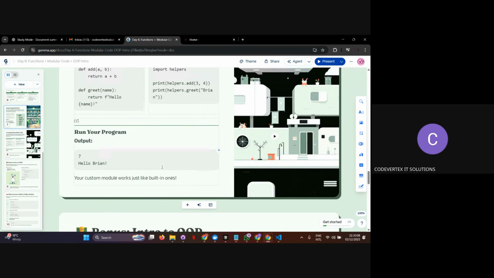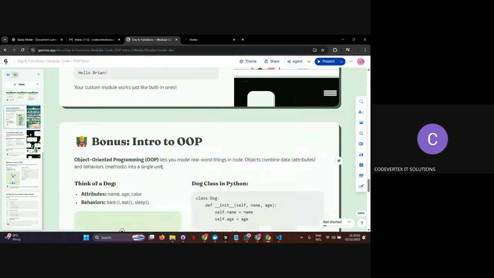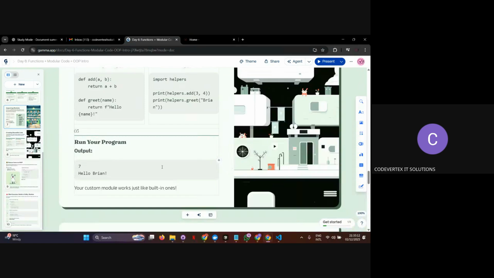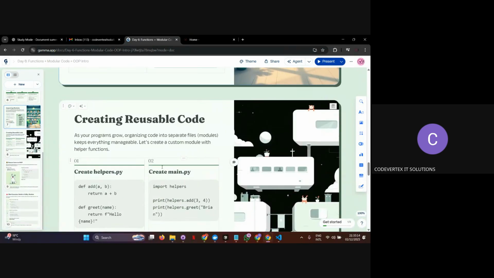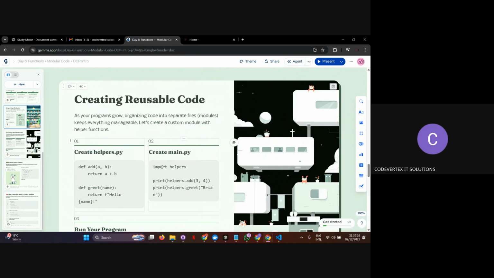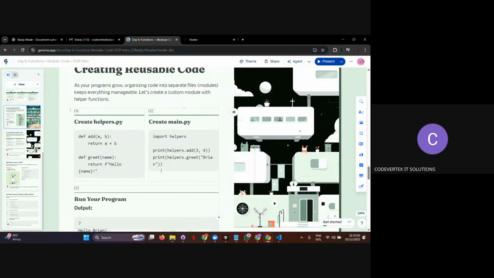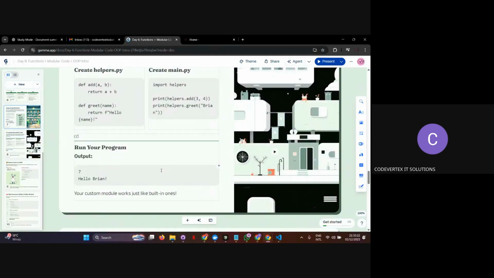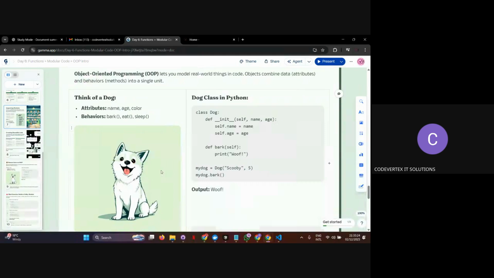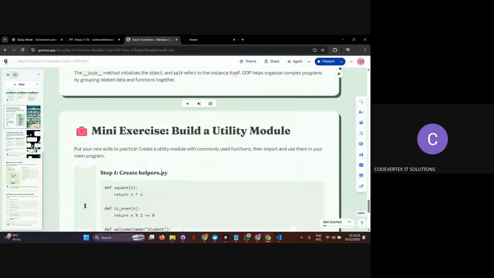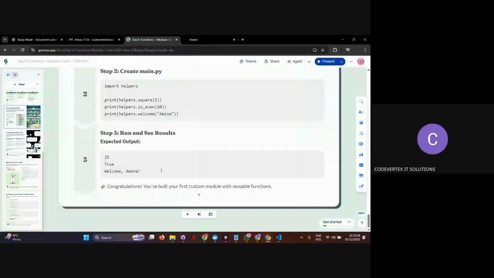Hey, I've talked a lot today, and I want to end this class here. Tomorrow we will be doing the practical part of this. We'll write some code, we'll write some functions, and go deeper into OOP. But for the first time,